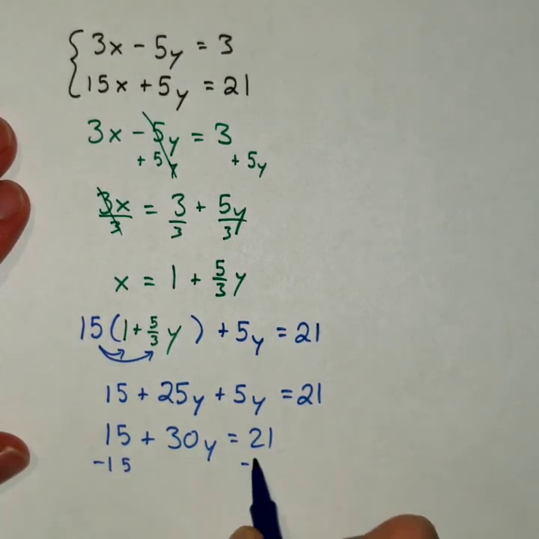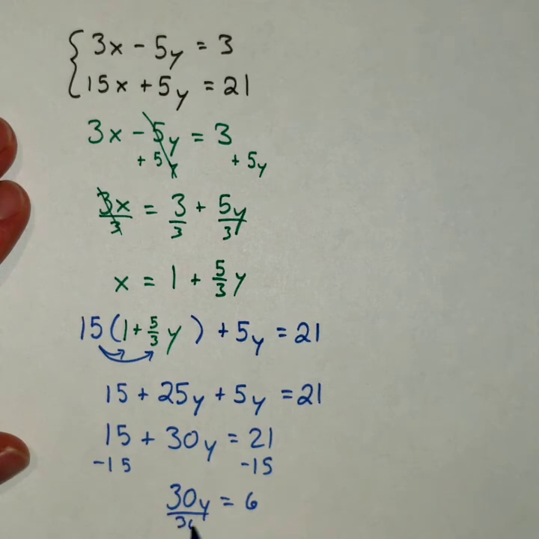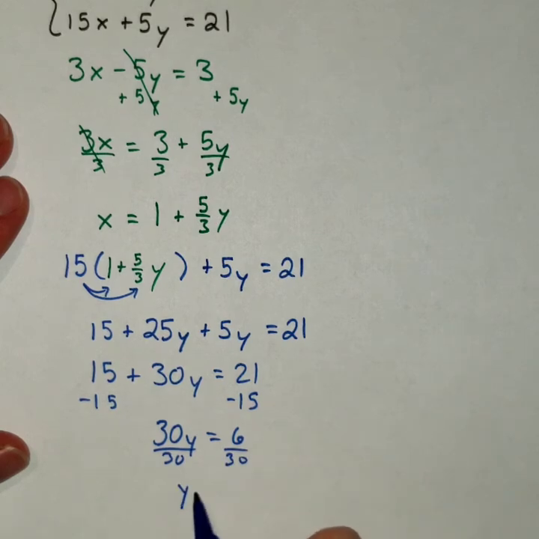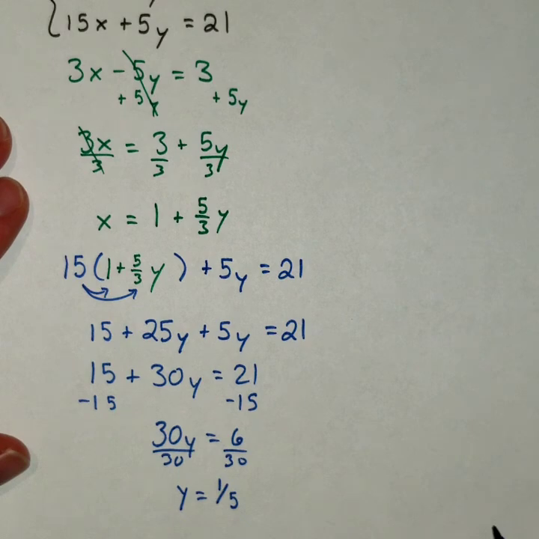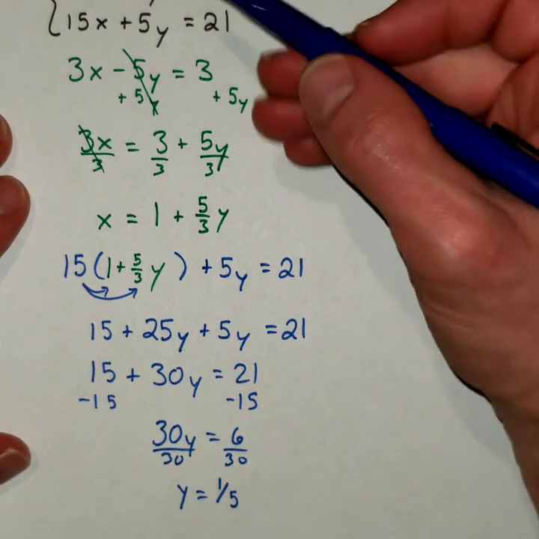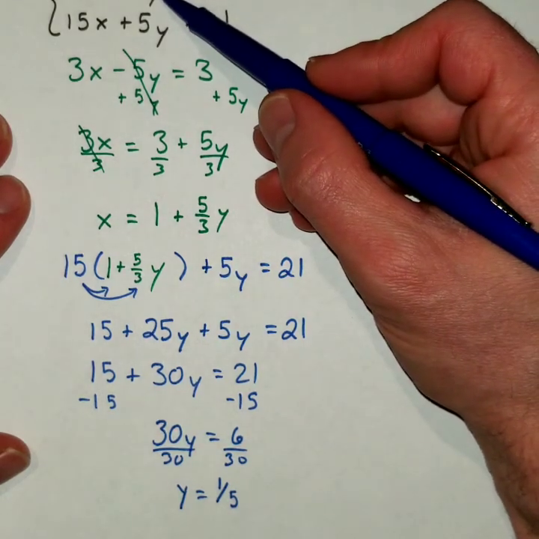Subtract your 15. 30y is equal to 6. Divide out the 30. Whoa, getting low on the page. There we go. And y should equal 1/5. Remember though, I said that just solving for one variable isn't enough. You need the second variable and the entire ordered pair. So I'm going to take that 1/5, plug it back in. Maybe I'll go to the top equation again because